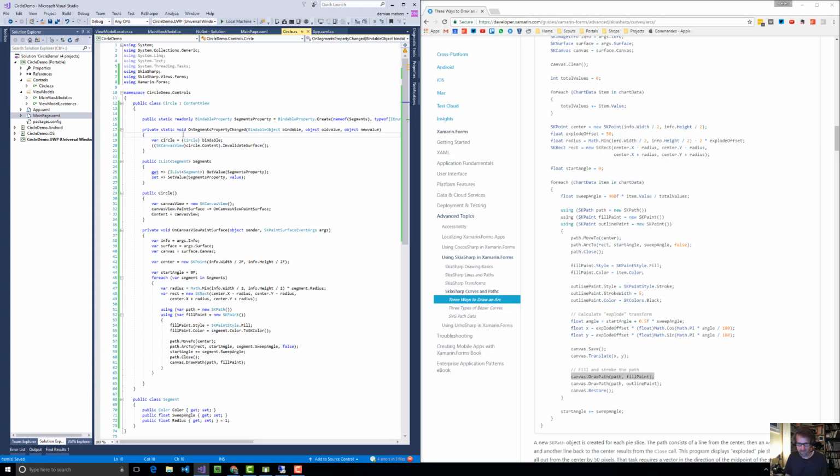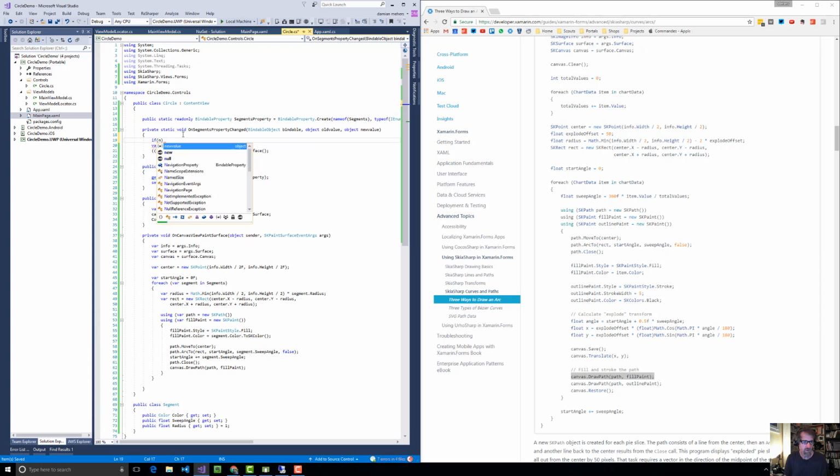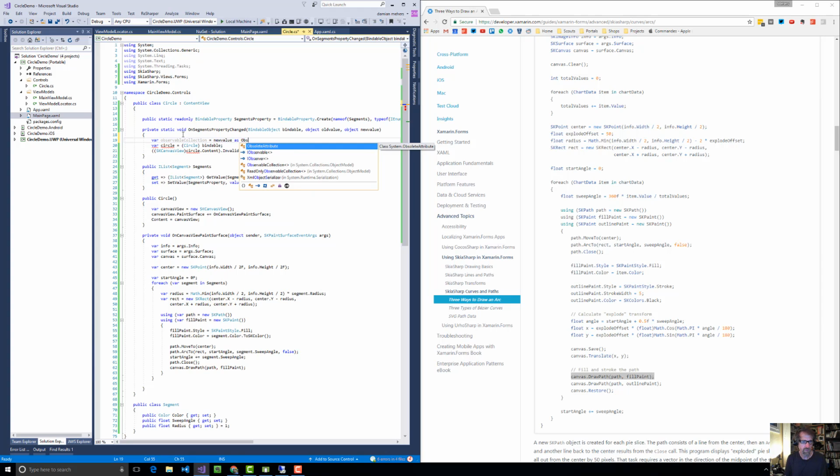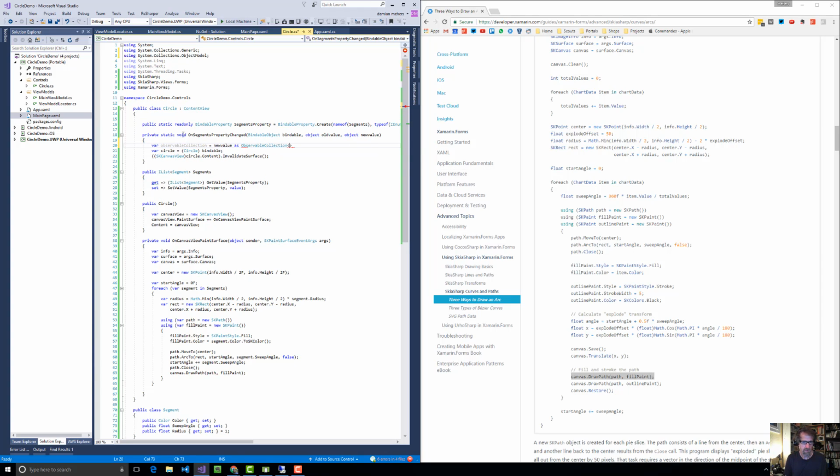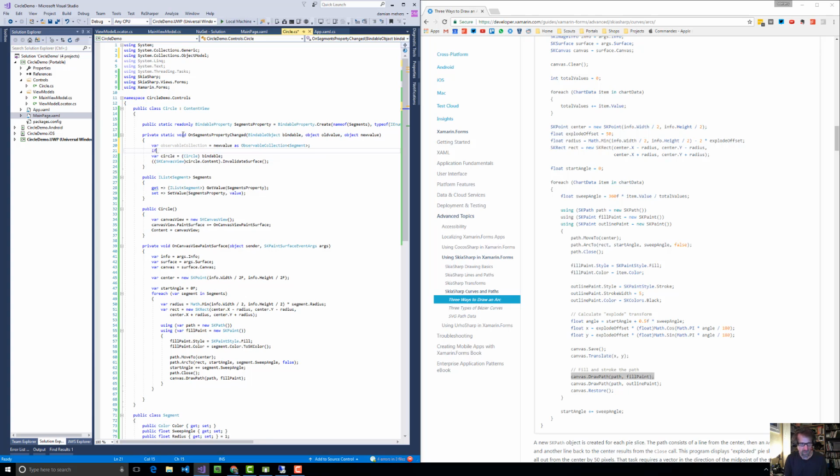So let's say, oh actually no, I'm going to use var observable collection equals new value as observable collection of segments, and then if the value is not null,